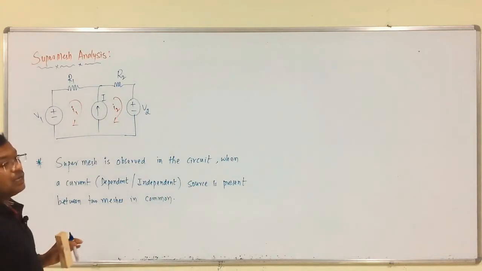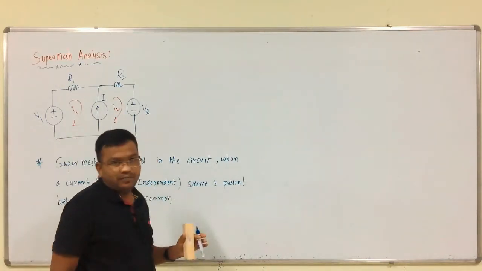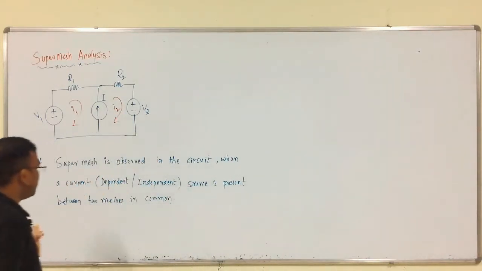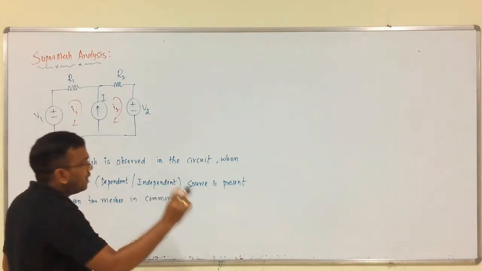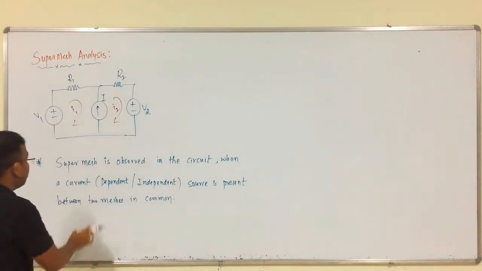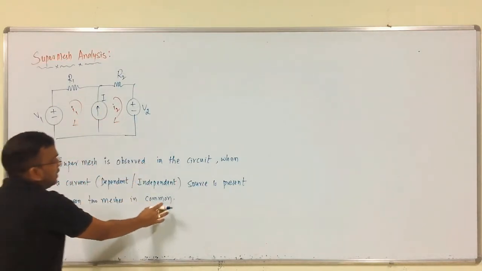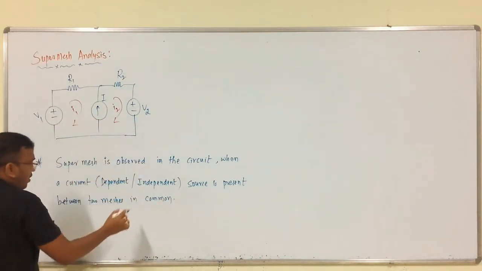Then only is a super mesh observed. A super mesh is observed in the circuit only when a current source, whether independent or dependent, is present between two meshes in common, or